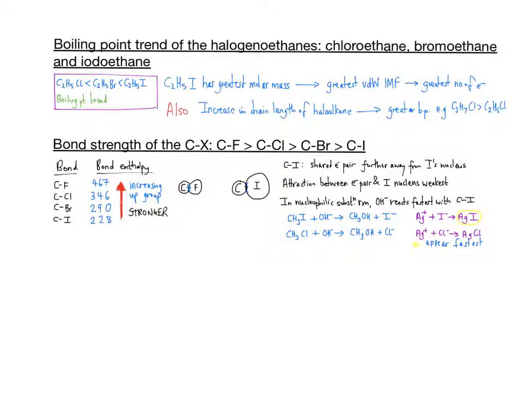Boiling point trend of the halogenoethanes. So chloroethane, bromoethane, iodoethane. The boiling point trend is that iodoethane has a greater boiling point than bromoethane, which has a greater boiling point than chloroethane. This is because the iodoethane has the greatest molar mass, which leads to the greatest van der